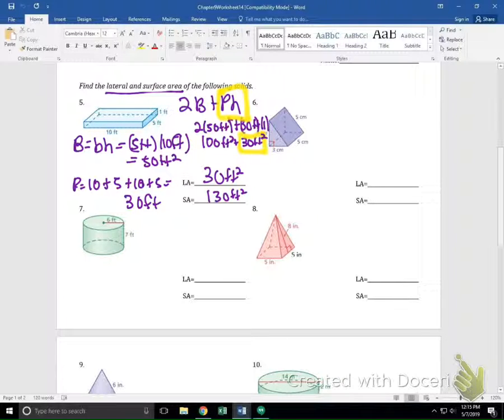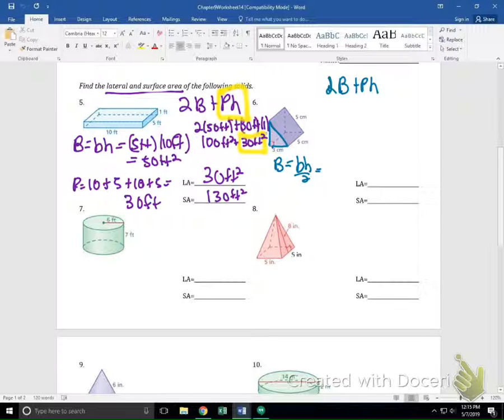Okay. So it's a prism, but what shape's the base? So it's a triangular prism. So we need the 2B plus Ph. Your base is this shape right here. How do you find the area of a triangle? Base times height divided by 2. So base here is